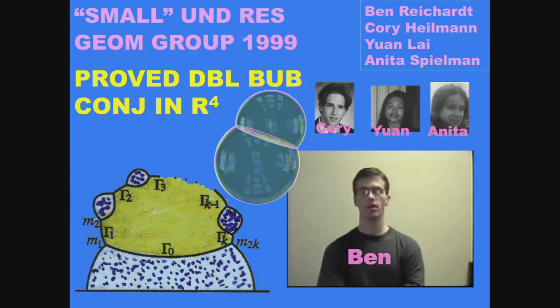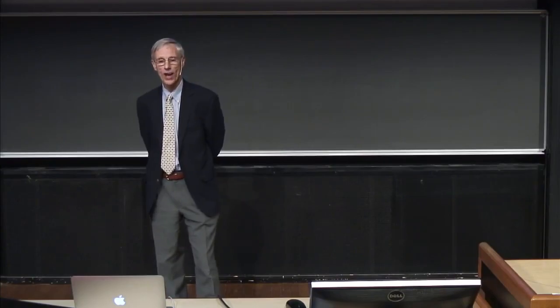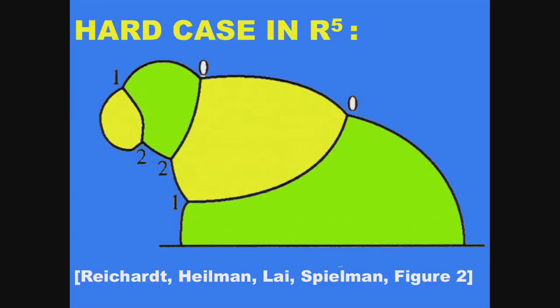I wrote down all the possible alternative minimizers in R4, about 200 of them. Eliminated them individually or in small groups to leave just 2 or 3 unresolved problem cases. But instead of finishing the proof off, the next week I got more ambitious and tried to classify general cases in higher dimensions. I eventually found a single case in R5 which could not be eliminated by our method. Got stuck in R5. And this is what the picture looked like in R5 before you rotate it around the axis. In this case, the bubbles are so lopsided, that can happen in higher dimensions, that all the arguments broke